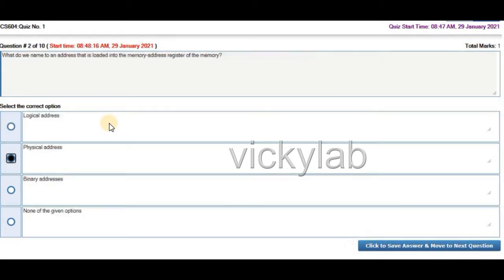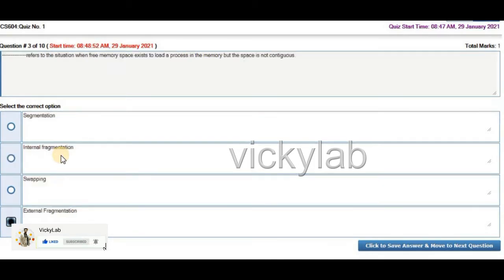Second question is, what do we name to an address that is loaded into the memory address register of the memory, physical address? अच्छा, ये मैंने अपने भी किए हुए हैं और किसी के भी किए हुए हैं। ठीक है ना, तो ये 20 क्वेश्चन बनते हैं, 20 क्वेश्चन के आंसर। ठीक है, जो मैंने 10 और इसमें ऐड कर देता हूँ, वो भी आप इसको स्टडी कर लीजिए इकट्ठे।